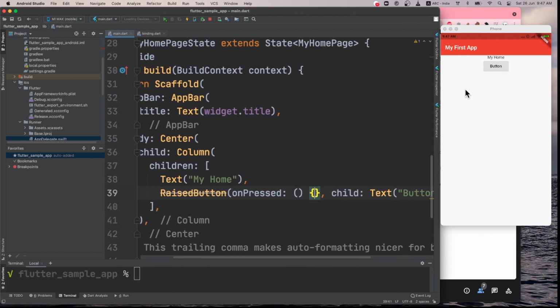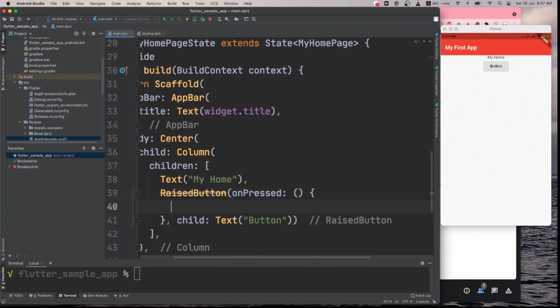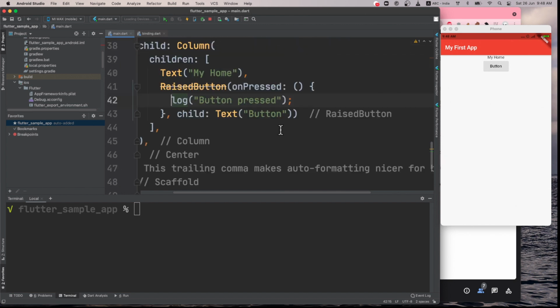And on click of this, how do you write a log here? In the log, I think we can just print log and say button pressed. Okay, so whenever we are pressing this button, we have to sync it, I think, first.